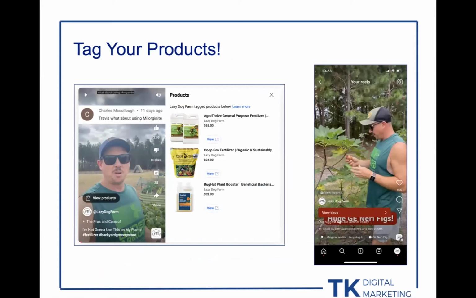Also, and this is specifically for people who are selling stuff online. If you've got a website and you're selling products online, you need to be tagging your products in these videos. YouTube currently has an integration with Shopify, which is one of the reasons I recommend Shopify for e-commerce websites.